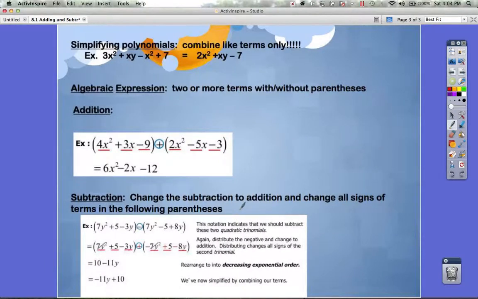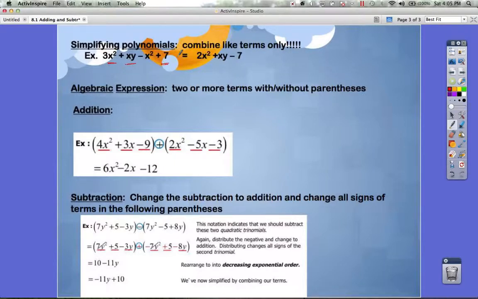Alright, simplifying polynomials, you're going to combine like terms. And I like to talk about this as having the same last name. So you look at your variables that have the same last name. This is like x squared, that's like Mr. Smith. XY is like Mr. Jones. One without any X would be like